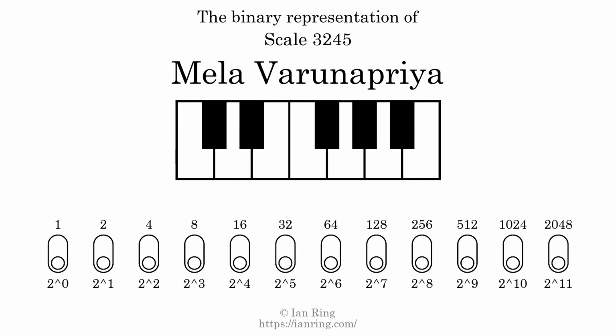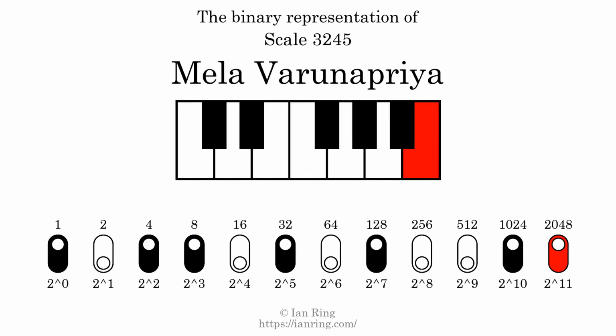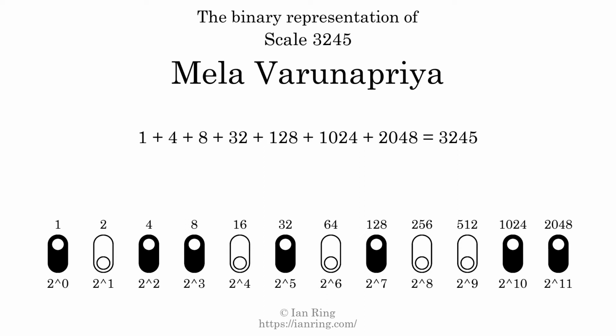The binary representation of this scale is determined by mapping tones of the scale to binary digits. Each binary digit represents a power of 2. To get the scale number, we add the powers of 2 together. The powers of 2 that are present in the scale, all added together, equals 3245. That is why the scale number, in decimal, is